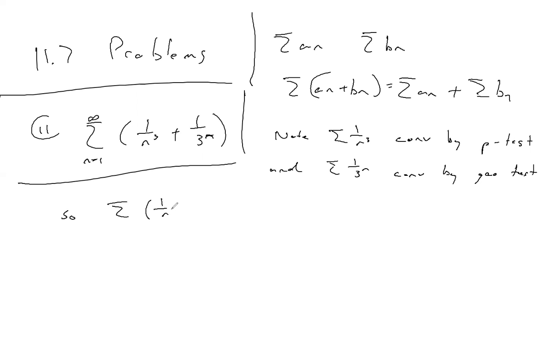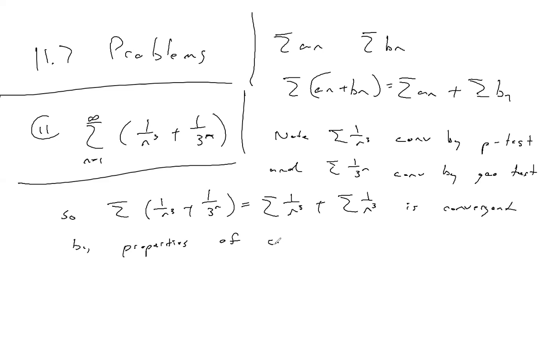So 1 over n cubed plus 1 over 3 to the n is convergent. And we can say there's a theorem for this in section 11.2. We can say by properties